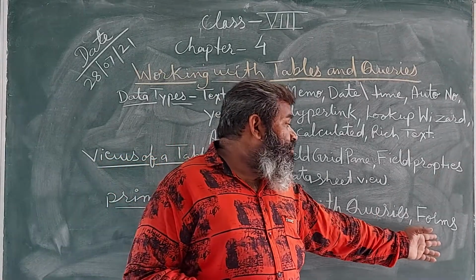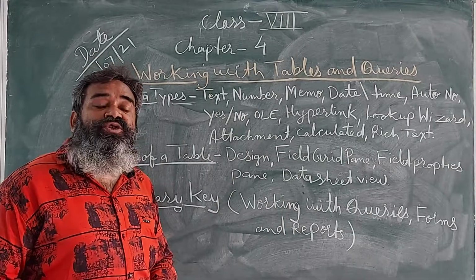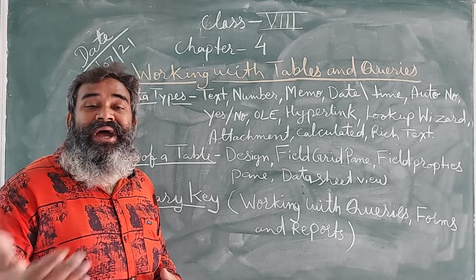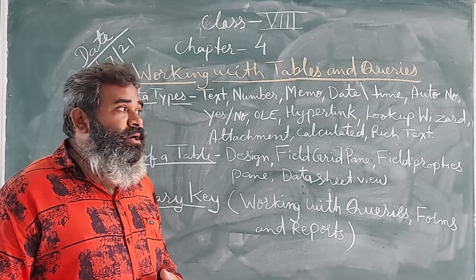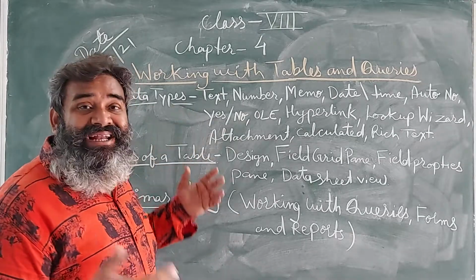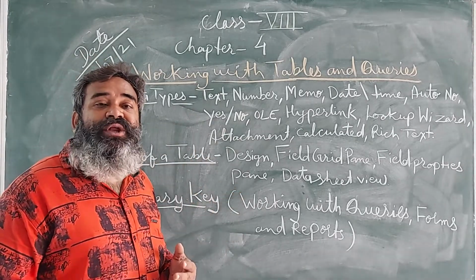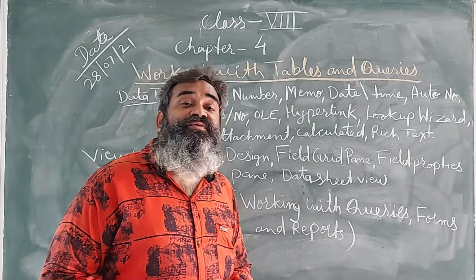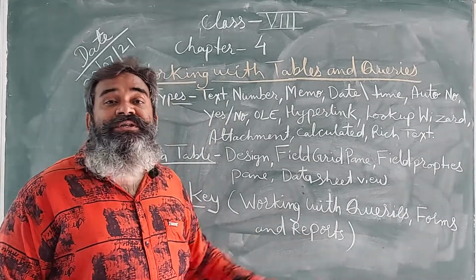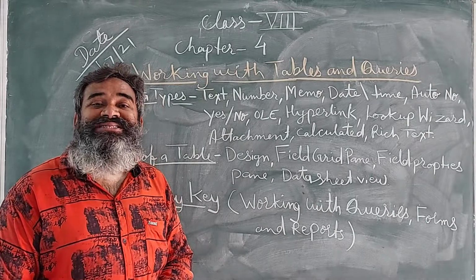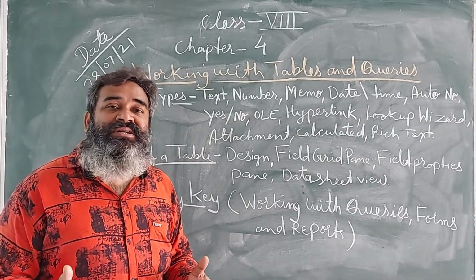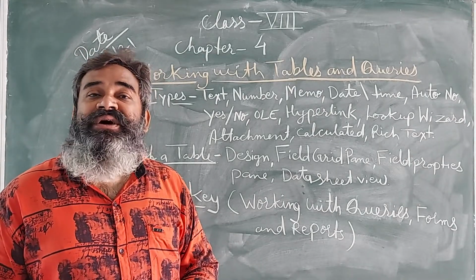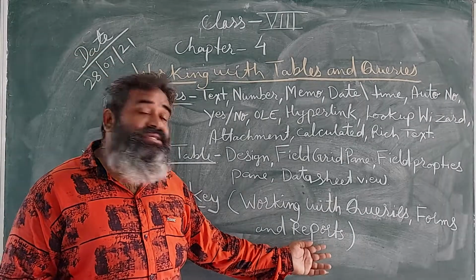Then we move on to forms. Forms are also a display of fields. All the fields are there. We can also add some data in the forms and directly include it in the tables. We can also manipulate records with forms. It is the display unit of forms. And then reports. Reports mean the printed output of the selected fields. As we know that we have data in our system and we want a printed output of these records, we have to use a report.